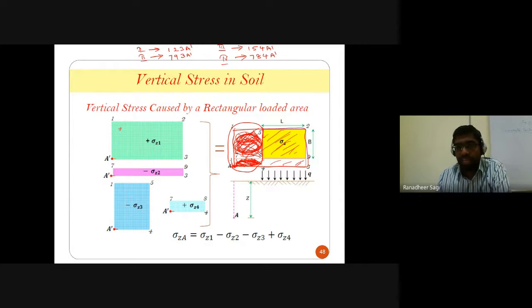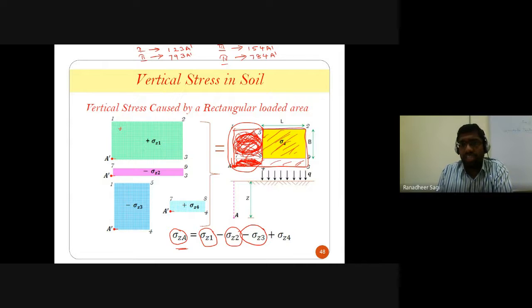Okay, so what I am ultimately going to write as my vertical stress at point A, which is at a depth of Z meters below the ground surface, or below the surface where the vertical stress is getting applied, can be calculated as sigma Z due to section 1 of loading, minus sigma Z calculated because of section 2 of the loading, because section 2 is an additional portion I have considered in section 1, so I am subtracting it, minus sigma Z due to section 3.